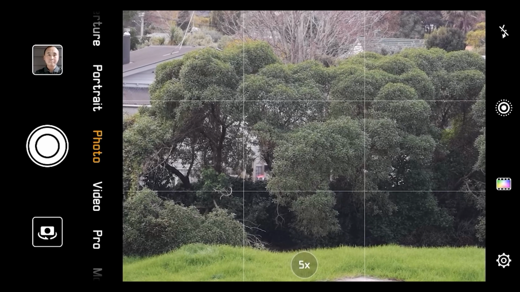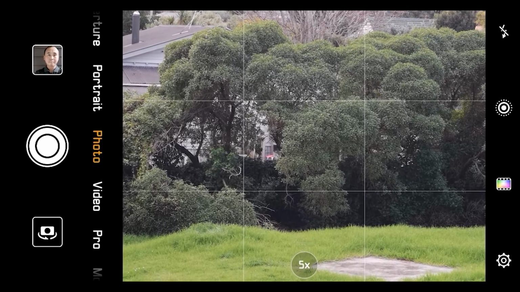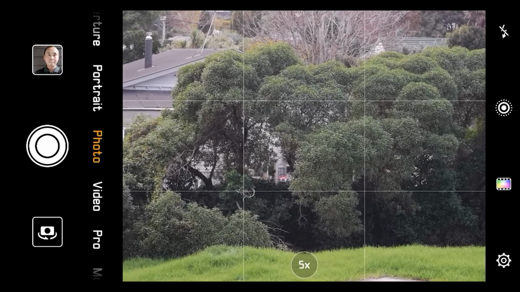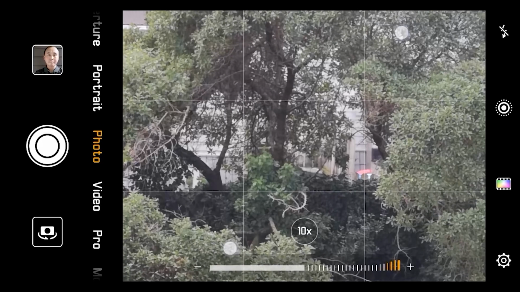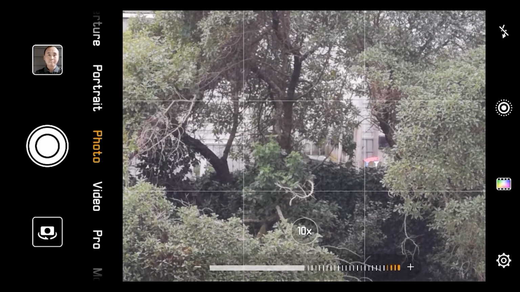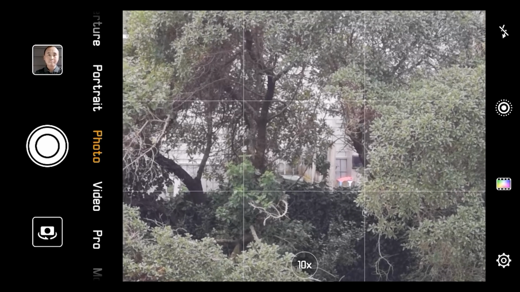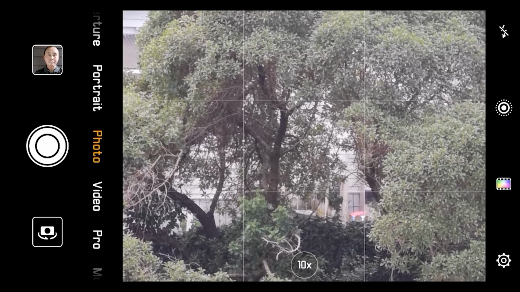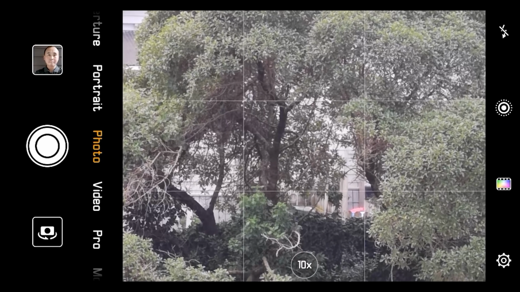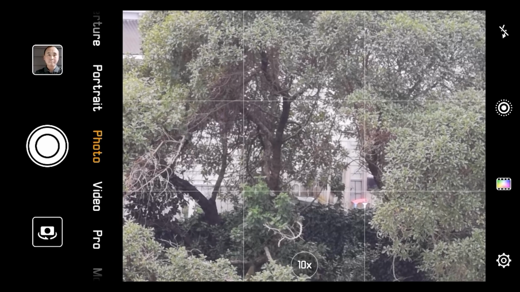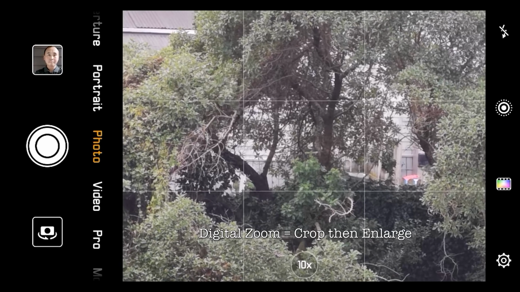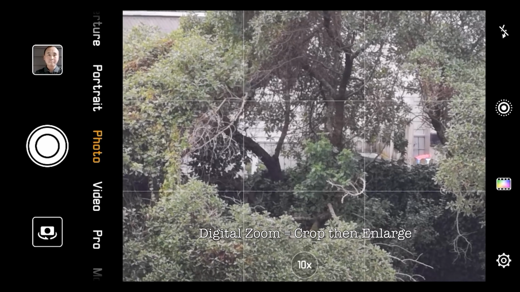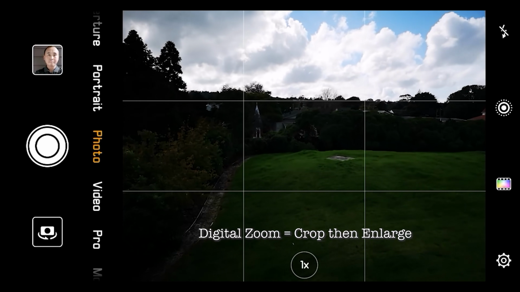on the telephoto lens. And if you want to zoom in even more, you can pinch the screen and extend it, and then you can go all the way to 10 times zoom. Now when you are shooting at 10 times zoom, the image quality will not be as good as 3 times or 5 times because it's using quite a bit of digital zoom, which means there will be a loss in quality. So let's go back to the 1 time zoom.